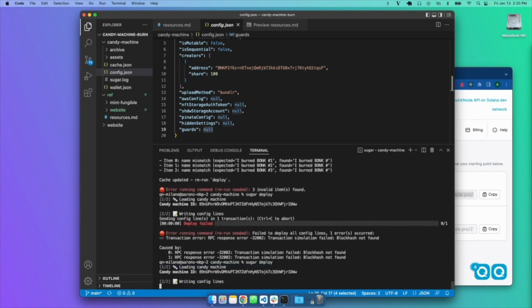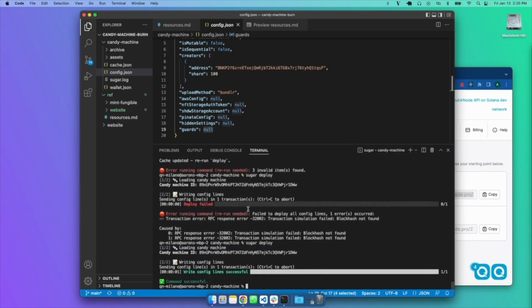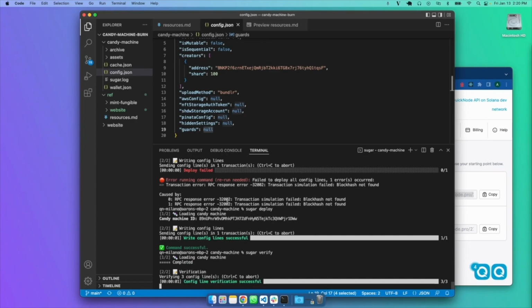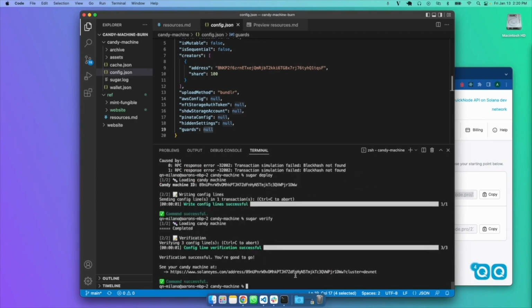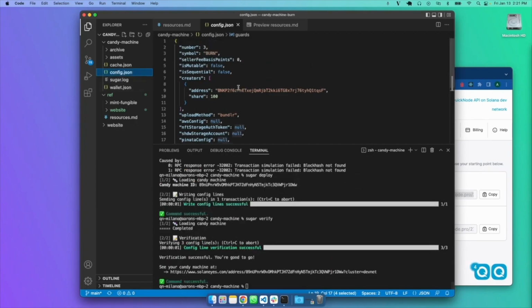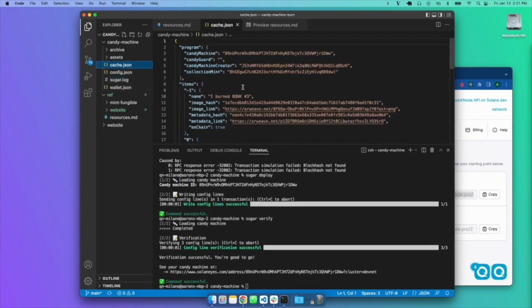Not a block hash error. Let's see. Sometimes DevNet's a little wonky. Awesome. We have deployed. We are good. I think I can run verify now and it should be happy. Awesome. So we've got our candy machine address. If I go to config, or excuse me, cache, we should have a candy machine that I can